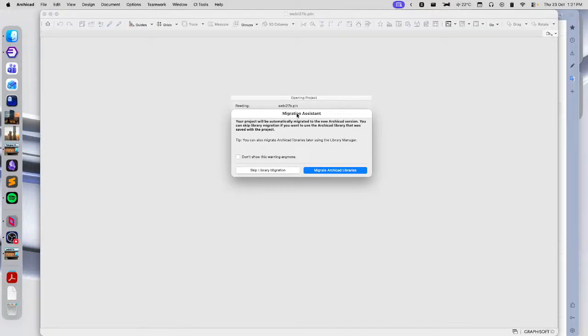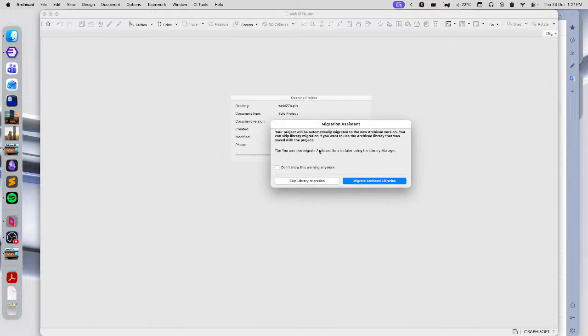So I'm opening my ArchiCAD 27 project in 29 here at the moment, and you'll see that I get this dialog asking me if I want to migrate my libraries. This has come up for all previous versions of ArchiCAD up till now as well, and the way to get it to load the libraries is by pressing this button here. However, there's a couple of extra things that you need to know about when you are migrating to 28 or 29. So the first thing is that there are two options about how you deal with your libraries when you're